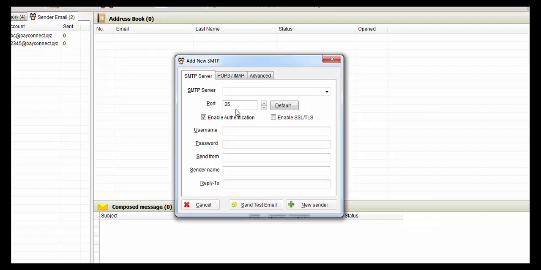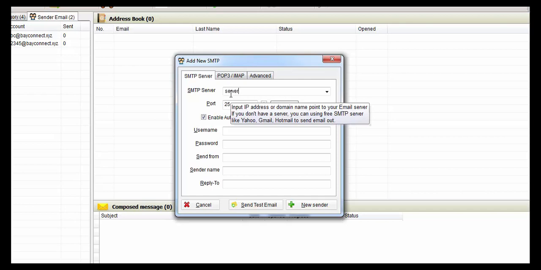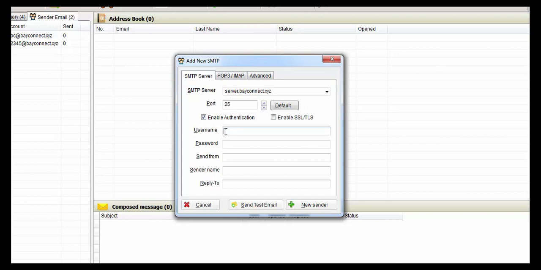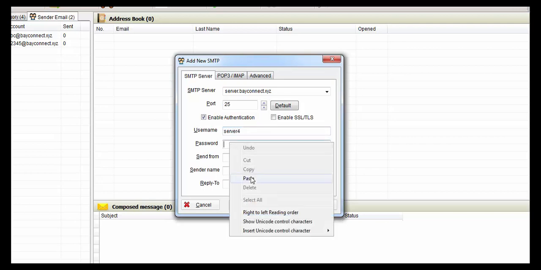Go to our mailer. The server is the same thing, server.connect.xyz. So the username is server 4, and the password is the key. Paste it.